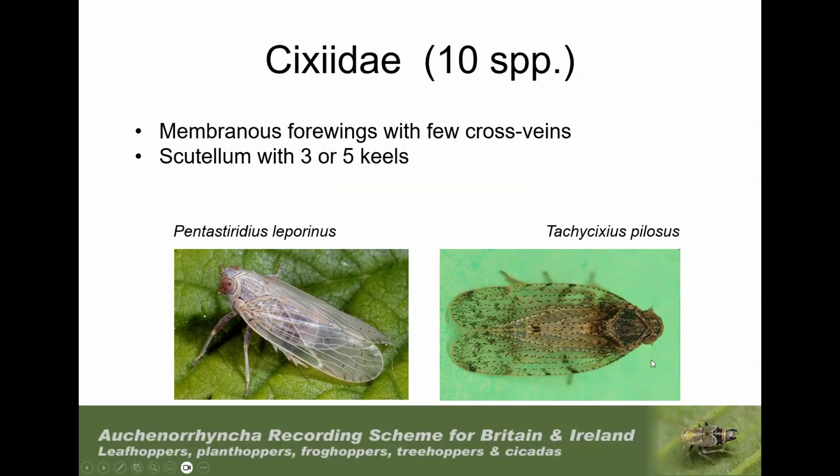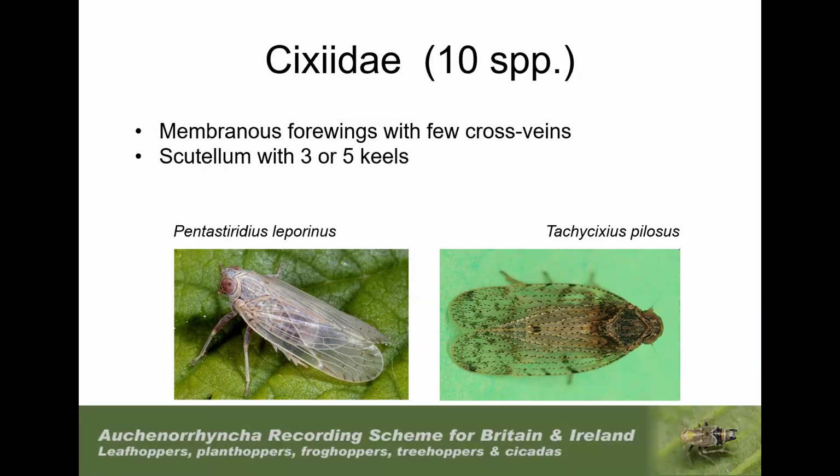Quite a number of them, this one here, Tachycixius, but also other species in the genus Cixius, have little black dots along the wing veins, which mark the positions of very small hairs, and that I think has prompted some people to call some of these hoppers lace hoppers,